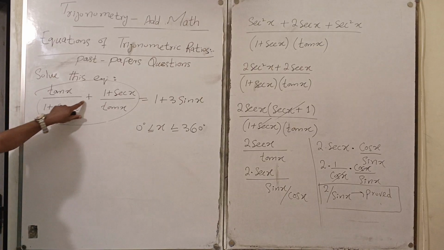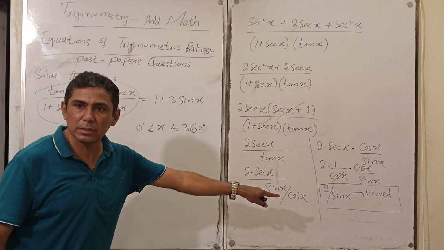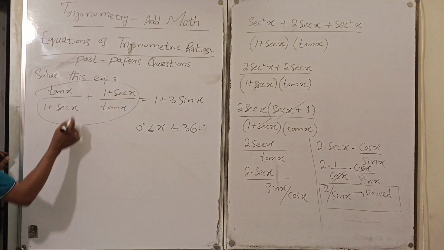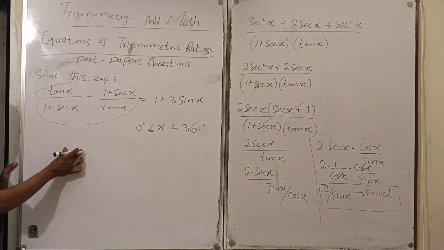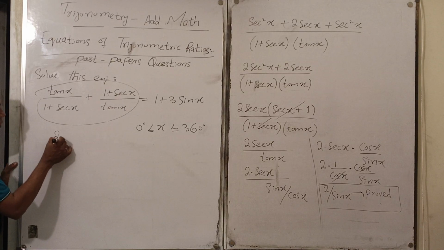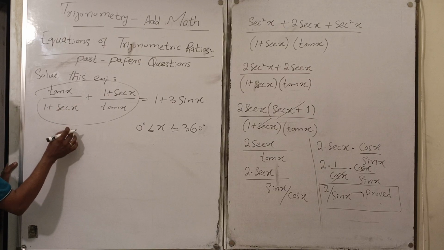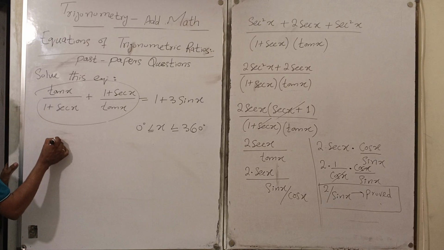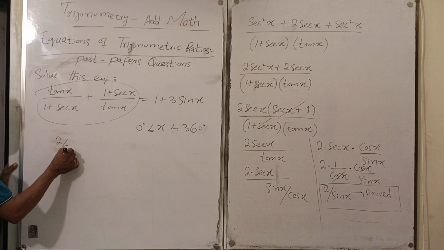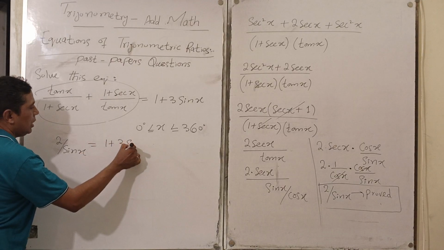What about this one? It will be 2 over sin x. We have solved it. So now all the steps which you have applied here, I am just going to write directly. What? 2 over sin x, लेफ्ट हैंड साइड. तो इसको सॉल्व करो. इक्वेशन में दोनों साइड्स को एक साथ लेकर चलते हैं. क्लियर? तो नाउ it is 2 over sin x that is equal to 1 plus 3 sin x.